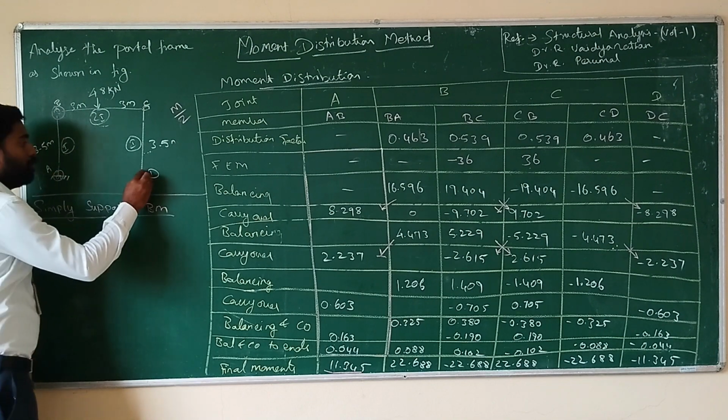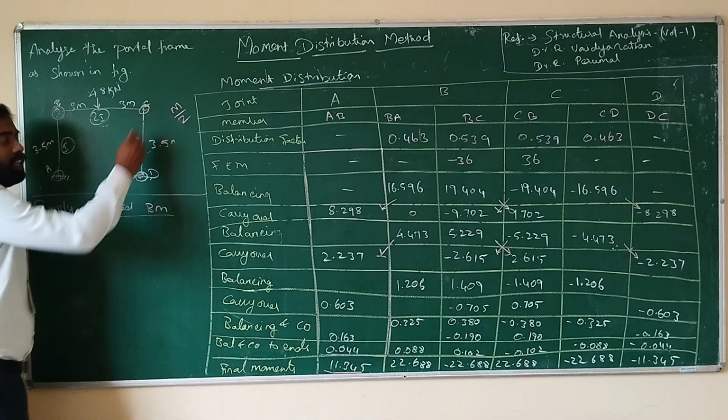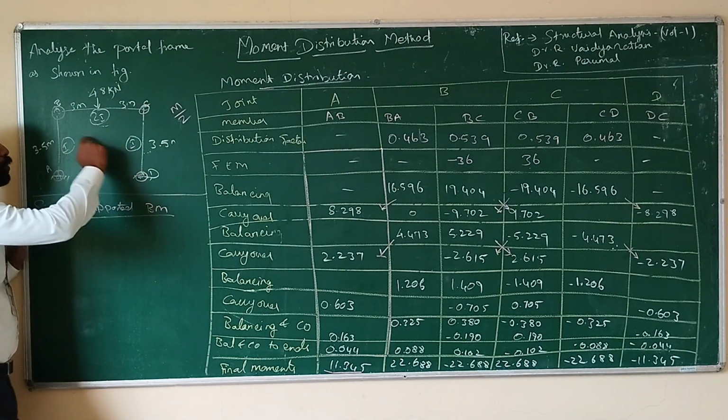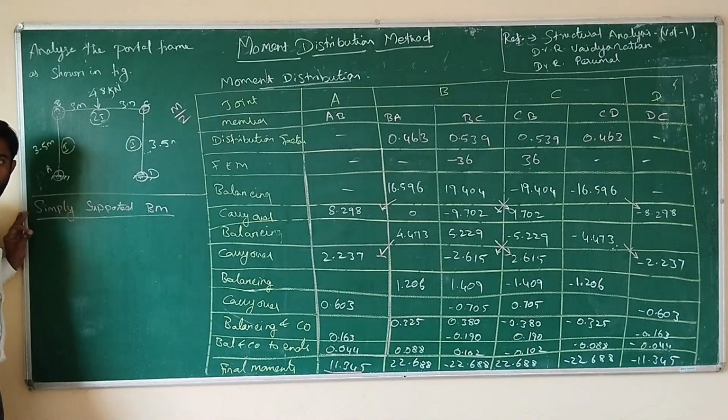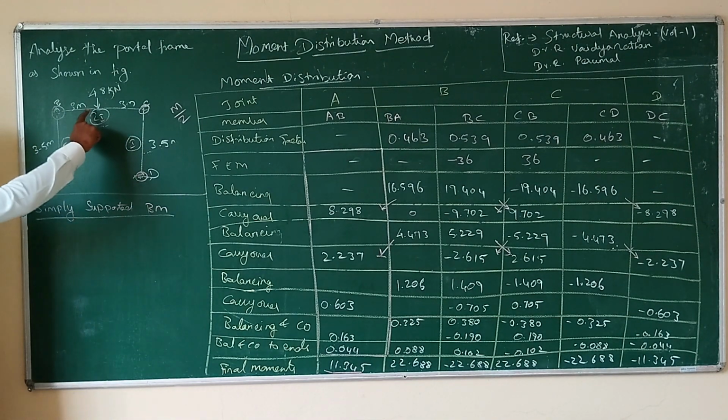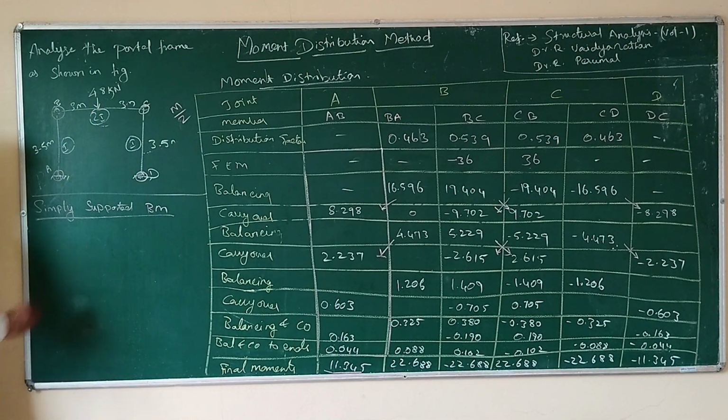Also here we can see that joint A, joint B, joint C and joint D values we have calculated, but the moment due to the load we did not calculate. So we are going with the simply supported bending moment. So in this case of a point load at the center, we have a value of, I am just mentioning it as Mu in case of a simply supported bending moment.